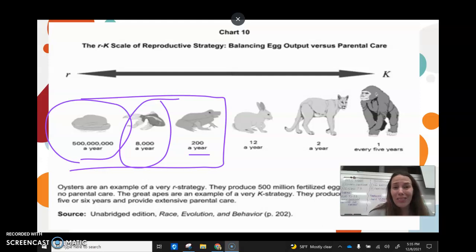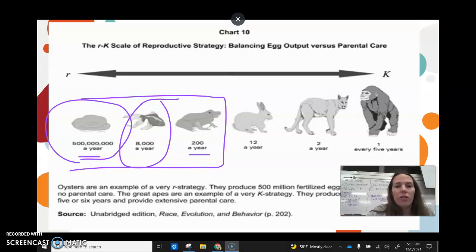They're definitely not giving them a whole lot of parental care, but probably maybe a little bit more than the oyster, right? Whereas they're just, goodbye eggs, goodbye. But the frog is like, I'm going to at least make sure they get to maybe hatching. But we're talking about very little parental care, lots of offspring. The oysters and fish are probably reproducing really early in